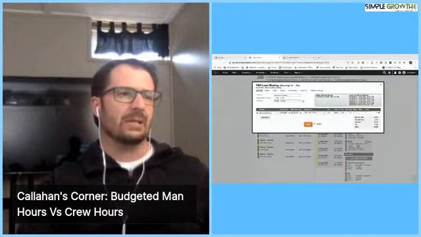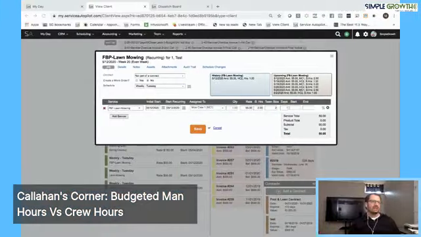So I'm going to grab my other screen here and pop this up. But the idea here is that as we're looking at this, there is a bit of a discrepancy. When we're putting in a weekly recurring job, whether it's lawn mowing, home cleaning, or pest control, the question was around this area here. As you look at upcoming lawn mowing here, it is $55 and it is budgeted. There's two different jobs here, but we have one budgeted for 2 hours and 1 hour. And then why is the